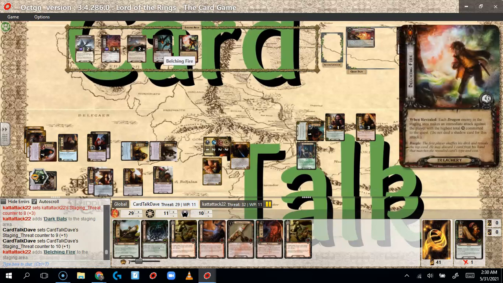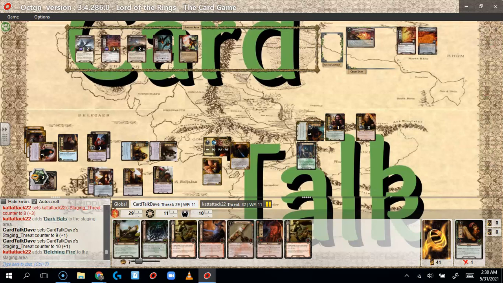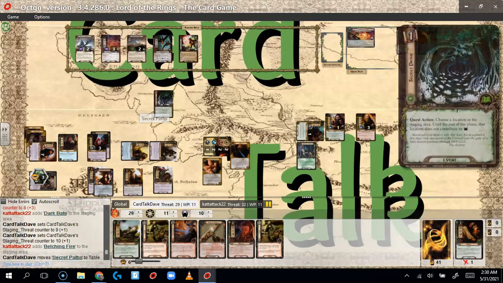Could let him take out Gandalf so we make sure we fail the questing, but it'd be pretty extreme loss at that point. So that would swing us down 3 under. Right. But I could also boost with the Protector of Lorien. Or I can play 1 and play this onto the...